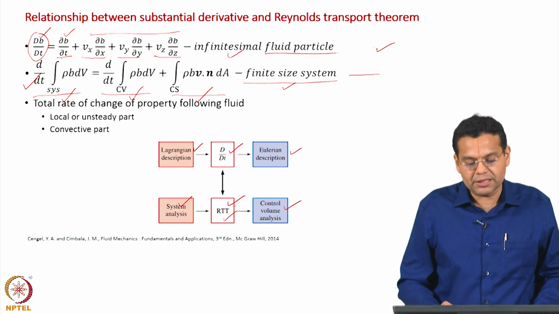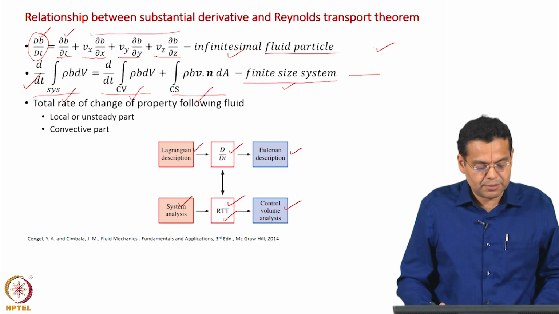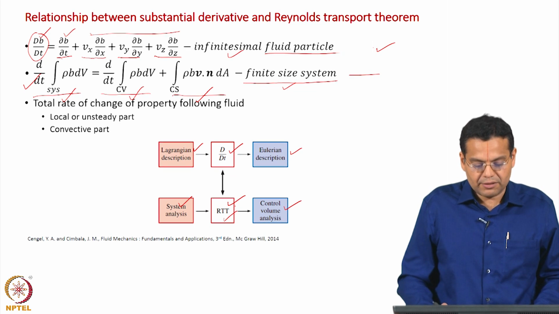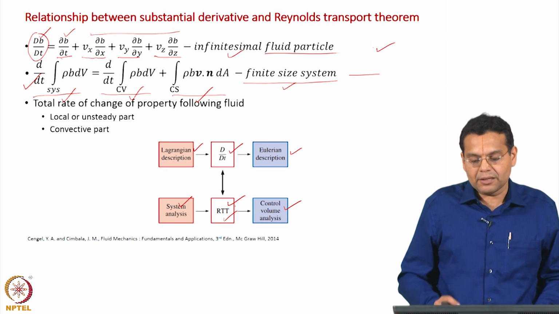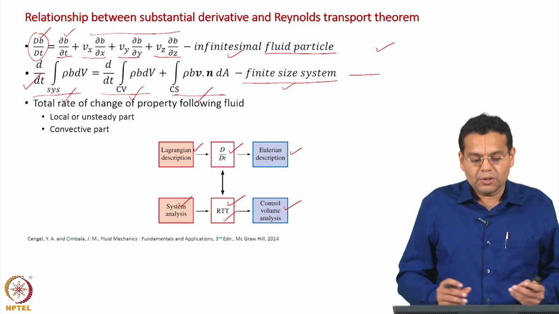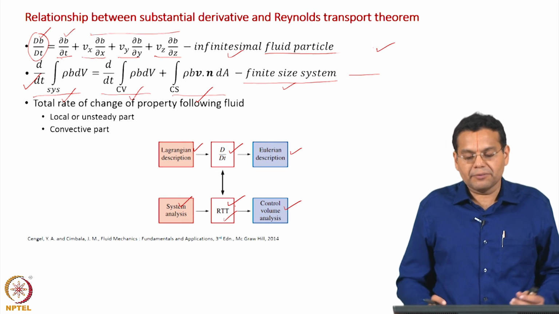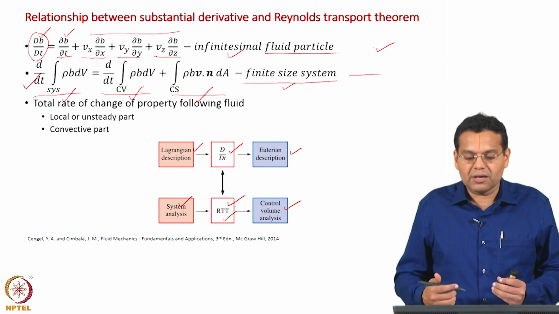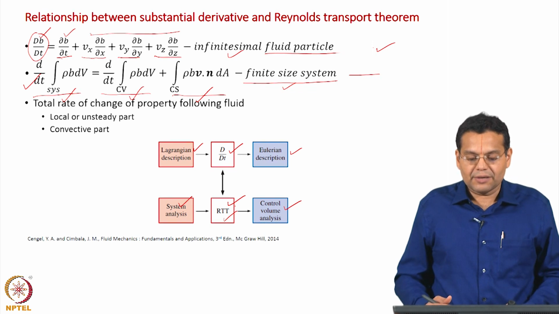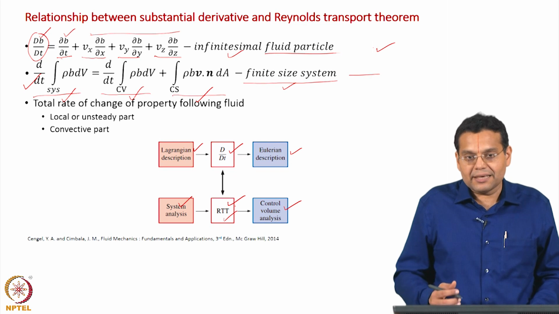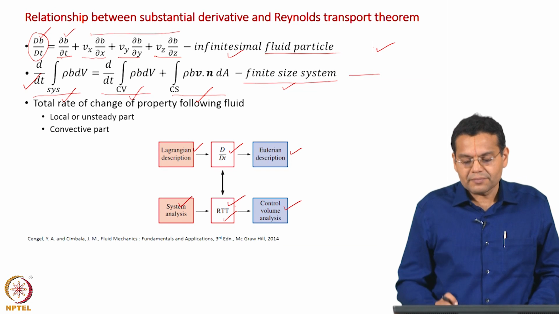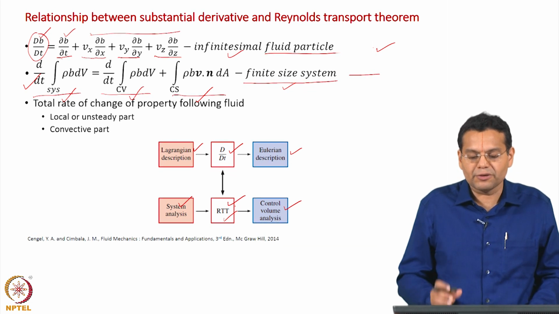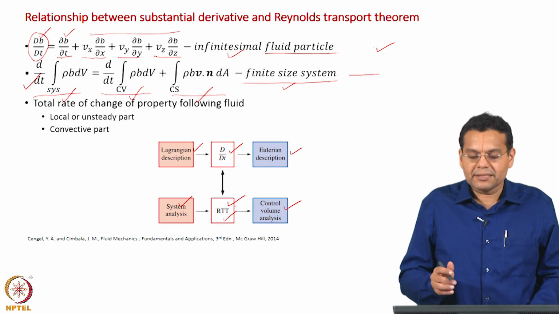Okay. And this is what is shown in this figure, a nice representation from this book, Cengel and Cimbala, Fluid Mechanics: Fundamentals and Applications. And that is the reason we discuss this, because we have discussed D by Dt sometime earlier, now we are discussing Reynolds transport theorem. So, I want to emphasize the analogy between these two and how they are different in terms of scale, length scale. One is that very small infinitesimal particle scale, other is a finite system scale. That is why whenever we represent a fluid particle, we represent it by a dot, but a finite system we will represent by a region.